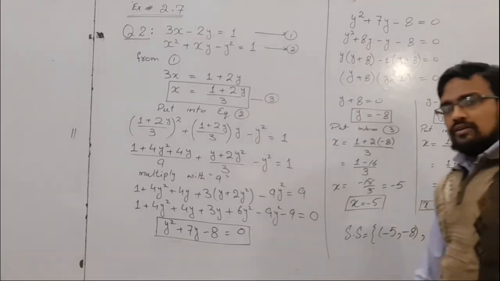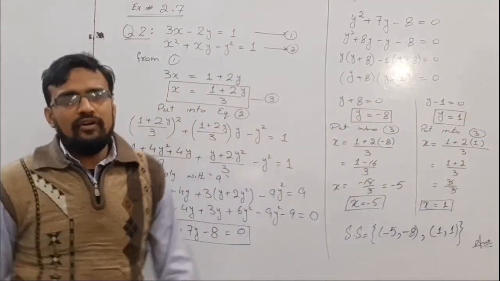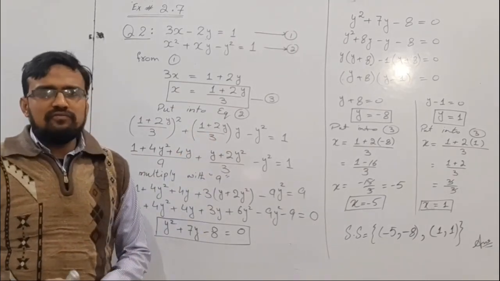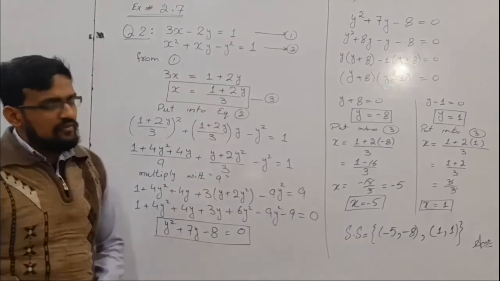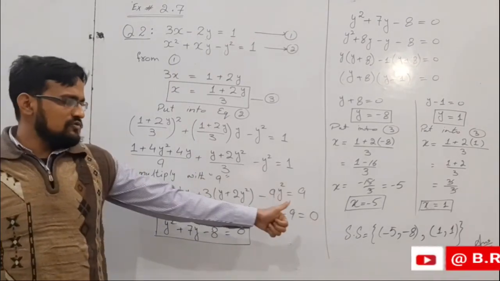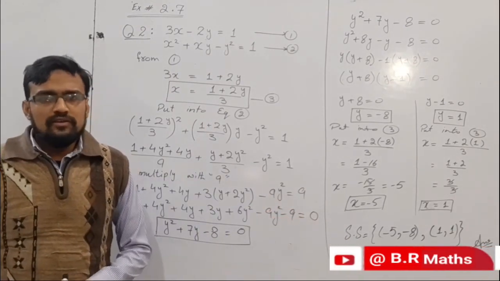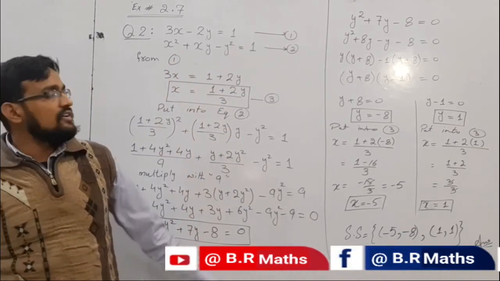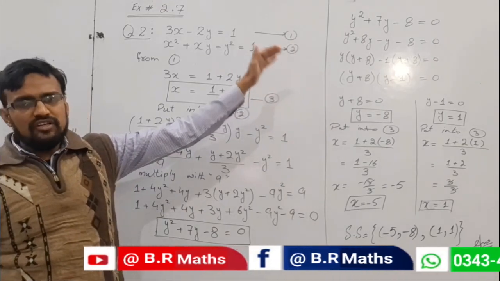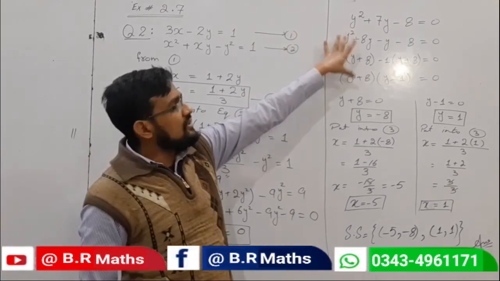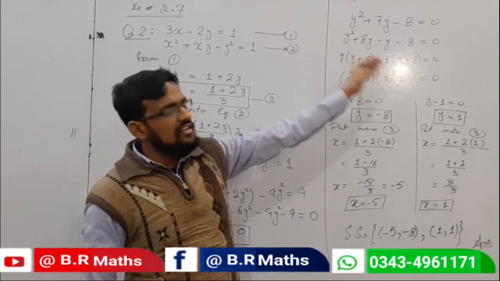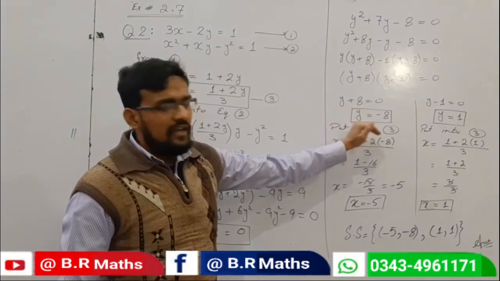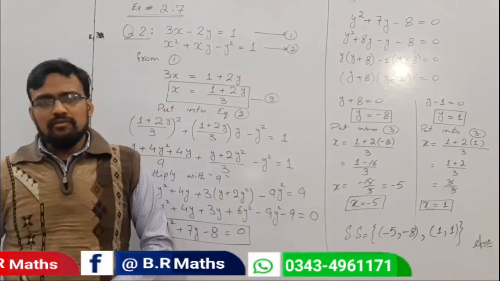So student, I hope you understand this question. Very simple and easy question. This is a simultaneous equation in two variables x and y, and the solution is in terms of x comma y as an ordered pair. Okay. So first and foremost find x from 1 and substitute in the second equation, and it becomes a quadratic equation. Solve by any method, quadratic factorization or any other method which you want. Okay. So find y, x and then the other variables.